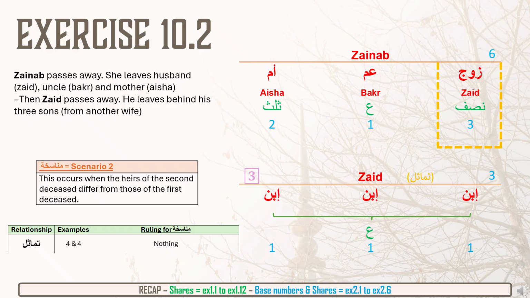From Zainab's shares, it will be split up into 6, and as the numbers are mentioned, that's how Zainab's estate will be distributed, all in one single solution, rather than making it 2 separate solutions. One solution with 1 amount that is split up into, and it can be given across these 5 people that are still alive.